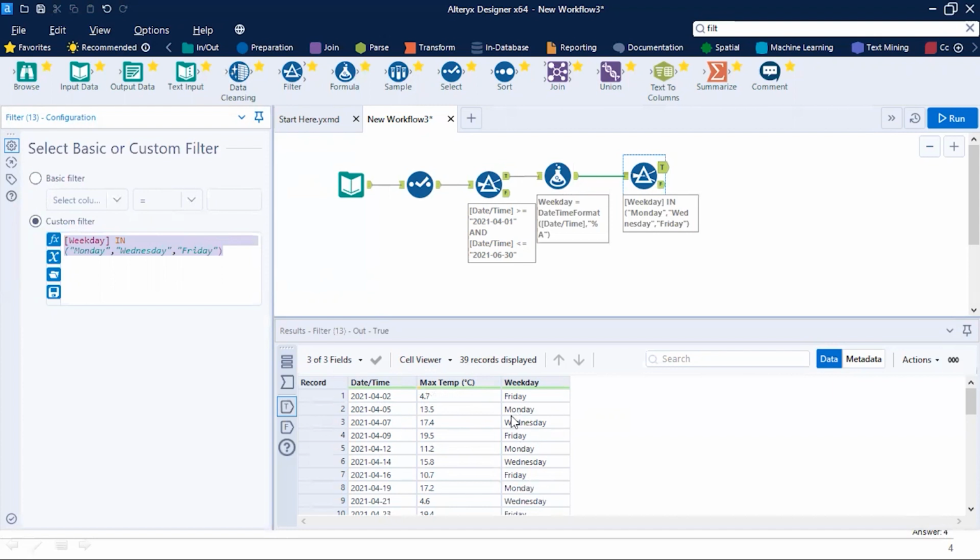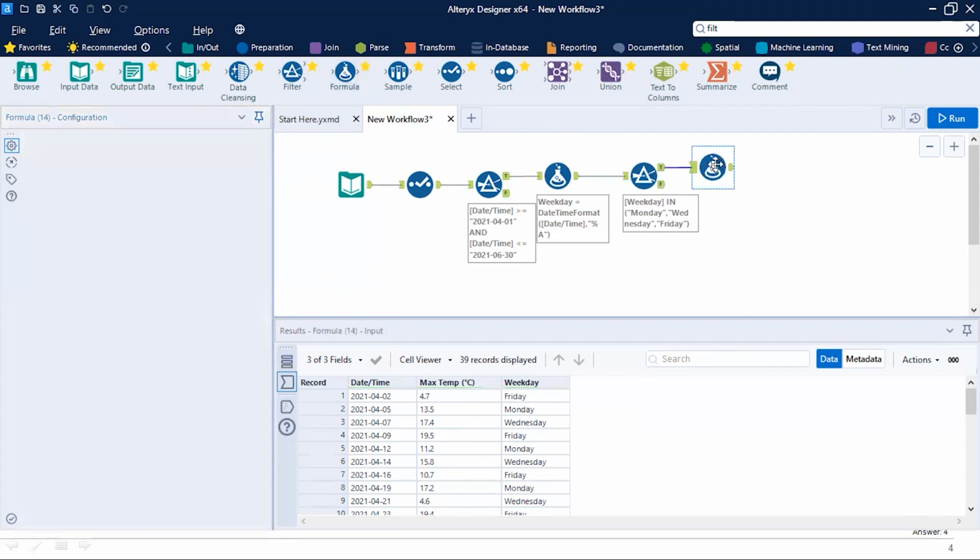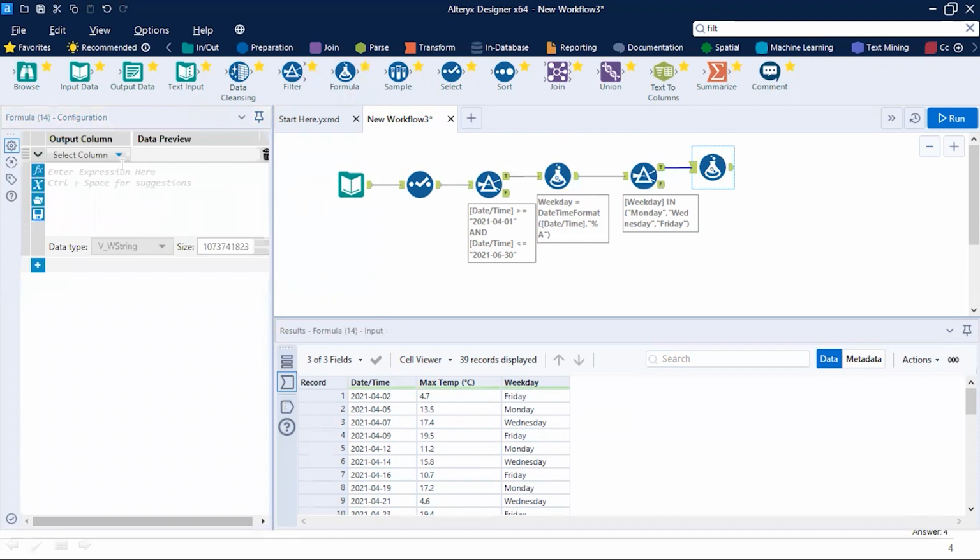Now I have to apply a condition on the temperature. Remember, if the temperature is greater than or equal to 28, that means she will drive. We can apply a filter tool, or you can apply a formula tool also over here. So let's use the formula tool, and we will use a conditional statement to find out the mode and the temperature.